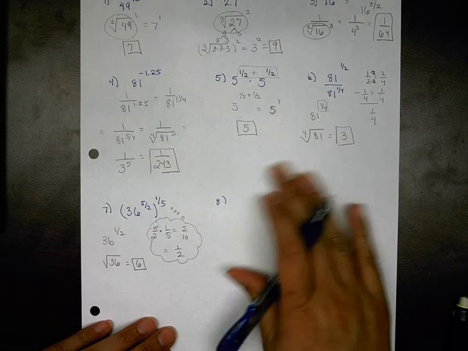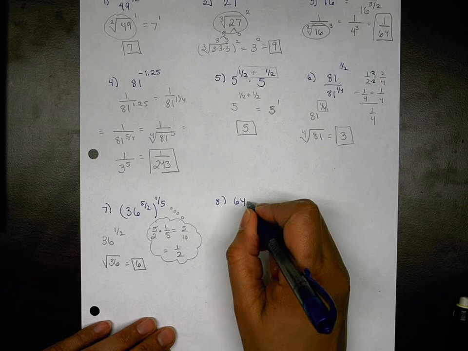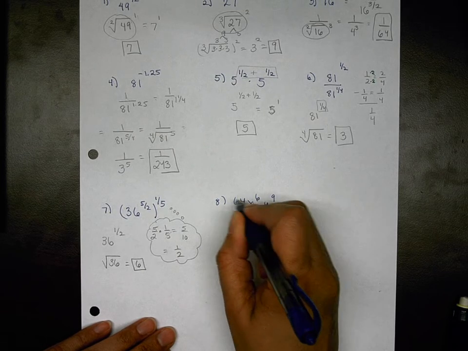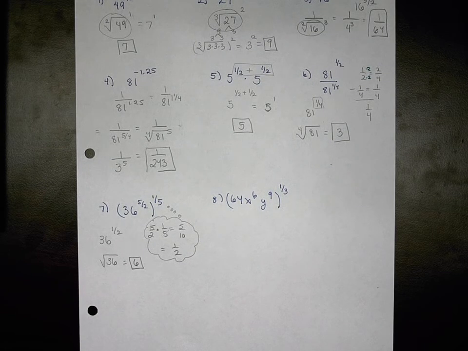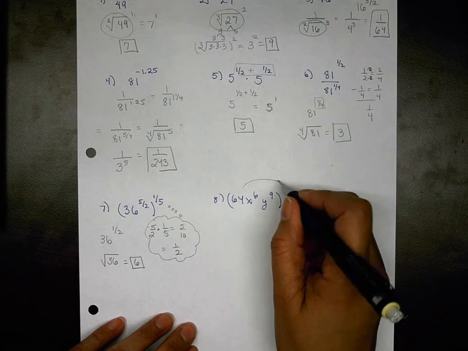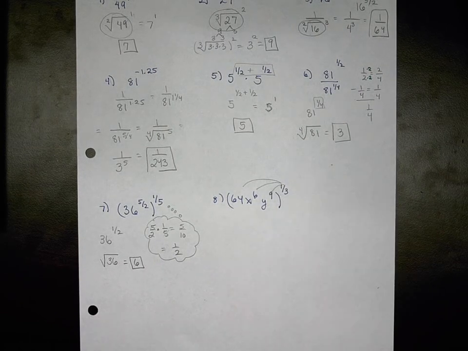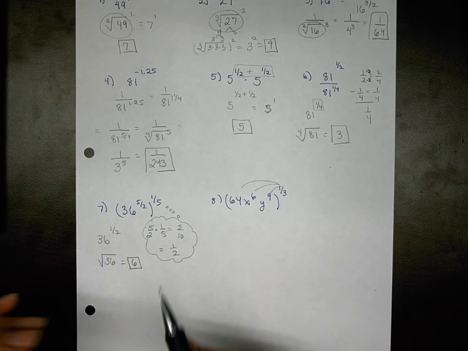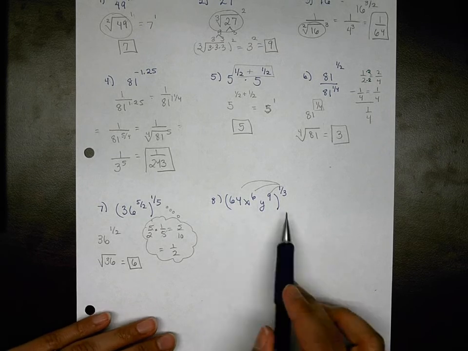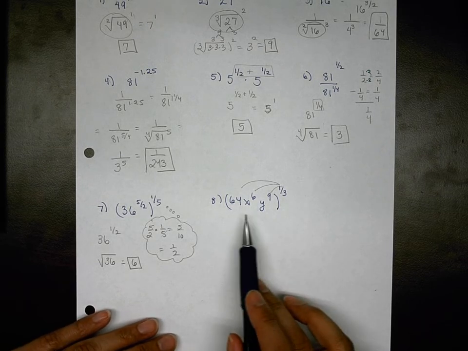Number 8, 64, x to the 6th, y to the 9th, parentheses, 1/3. Okay, I'm going to do the same thing I did on the previous one, but I do have to distribute the 1/3 to all 3 chunks, 3 pieces. Now, why is it okay to distribute? Just the other day in class, I said don't distribute the exponent. You don't distribute the exponent when your base is a binomial or larger. If it's a binomial, you write it twice and double distribute. If it's a monomial, meaning it's just one term, there's no plus or minus signs,